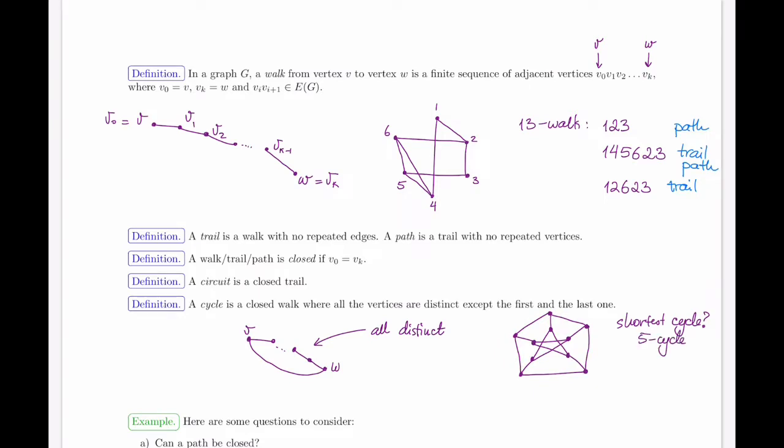And in fact, there is another word that graph theorists use. The shortest cycle is called the girth of the graph. So kind of like, how wide do you have to make the entire graph? And then maybe actually you can place all the other vertices in the middle of it. So the girth of the graph is the shortest cycle of it.